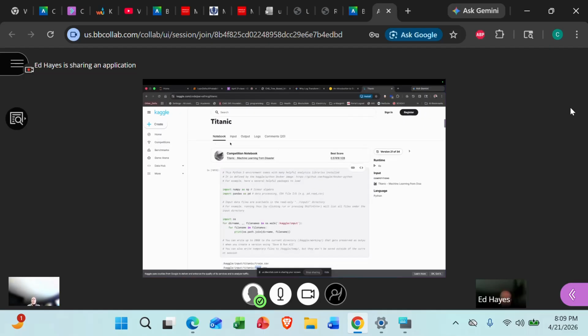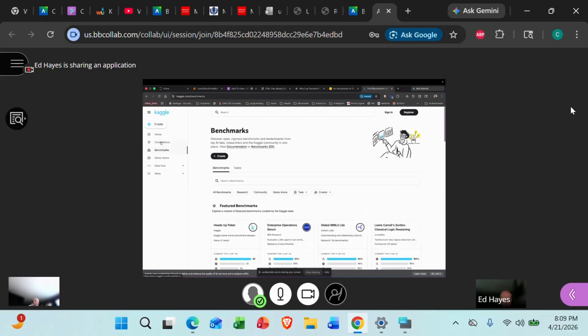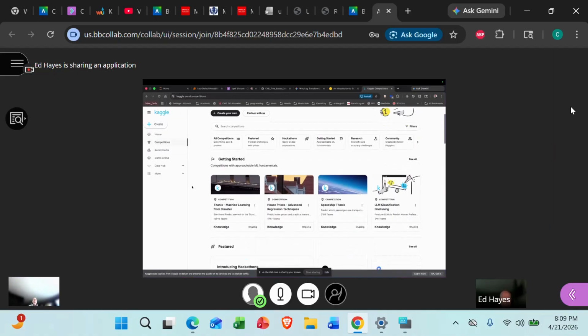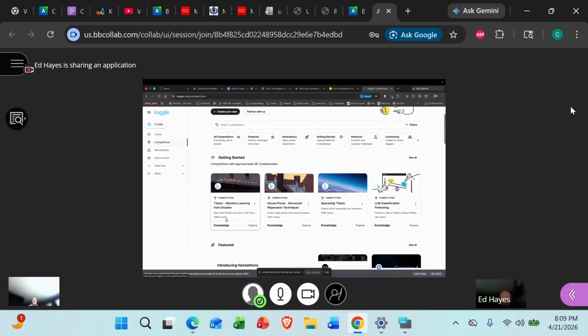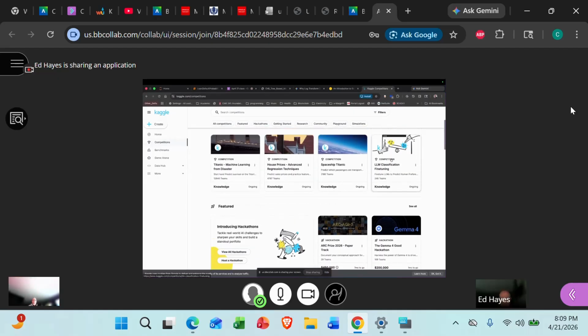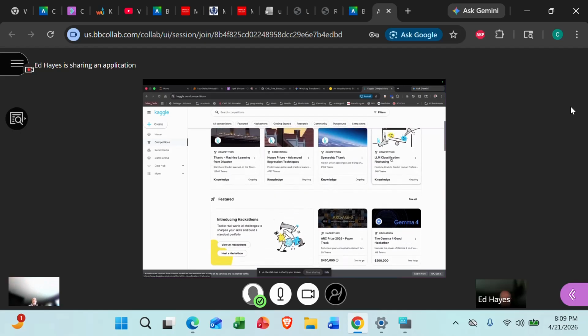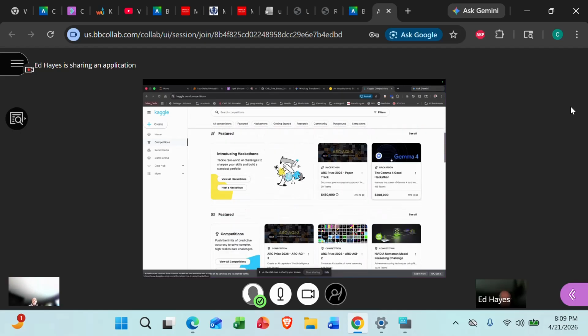If we go to the benchmarks, let's see. Well, we'll go to competitions that are open now. These are the getting started ones: Machine learning from the Titanic, housing prices, spaceship Titanic. Okay, good. LLM classifications. That's clearly much more modern. Okay, and then here's one, the ARC prize paper track,